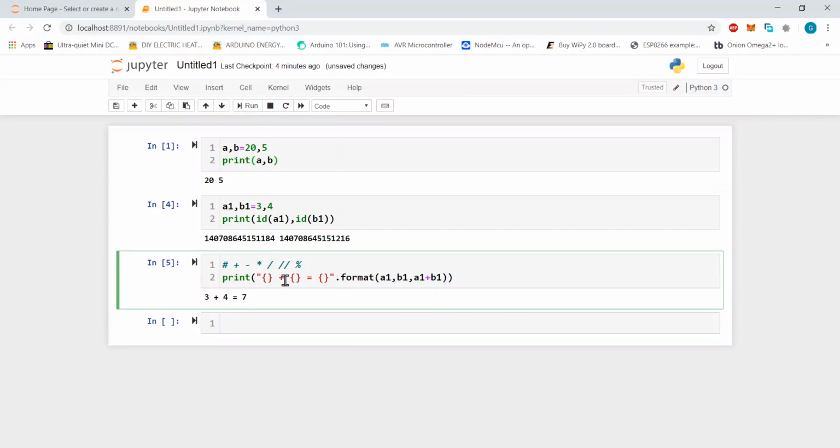Similarly, we can perform subtraction also. Here, instead of addition, we will put subtraction. 3 minus 4 is minus 1. Similarly, we can have multiplication. So A1 into B1, so 12, 3 into 4 is 12. Then division, A1 divided by B1, so 0.75. Here you can see the answer